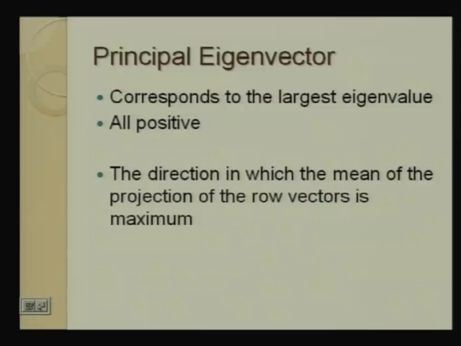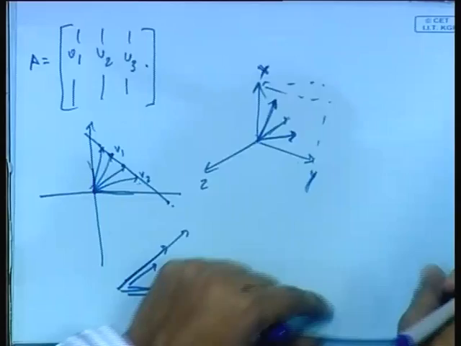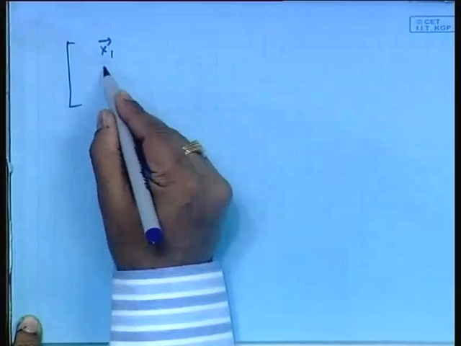And there is also another interesting property of the principal eigenvector. It is the direction in which the mean of the projection of the row vectors is maximum. So now we were talking of the column vectors. Suppose you look at the row vectors, then the principal eigenvector gives you another interesting property. So if these are the row vectors,